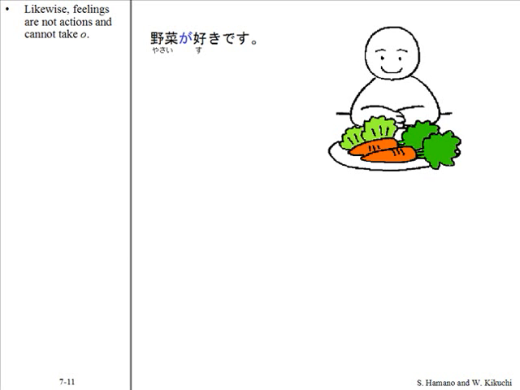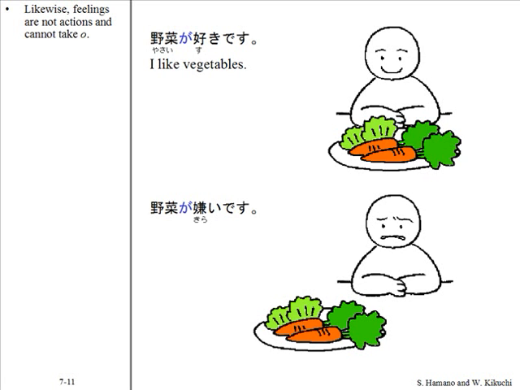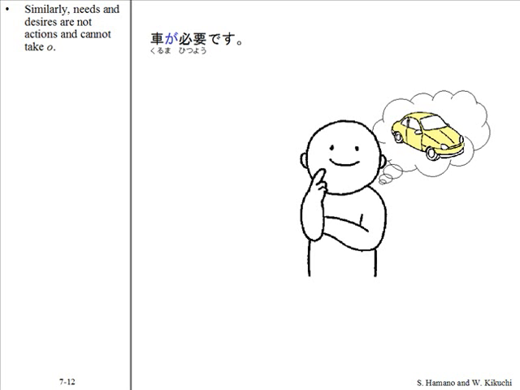Likewise, feelings are not actions and cannot take o. 野菜が好きです。野菜が嫌いです。Ya is another predicate that works in the same way. Similarly, needs and desires are not actions and cannot take o. 車が必要です。車が欲しいです。